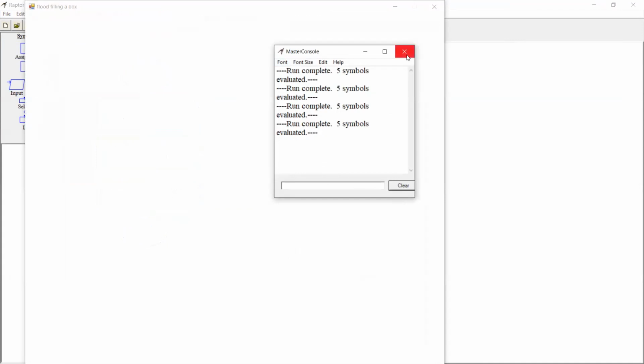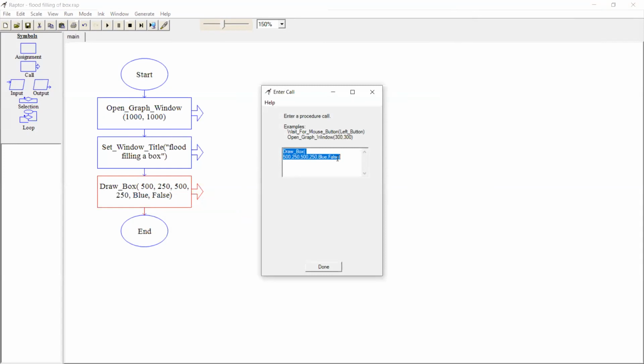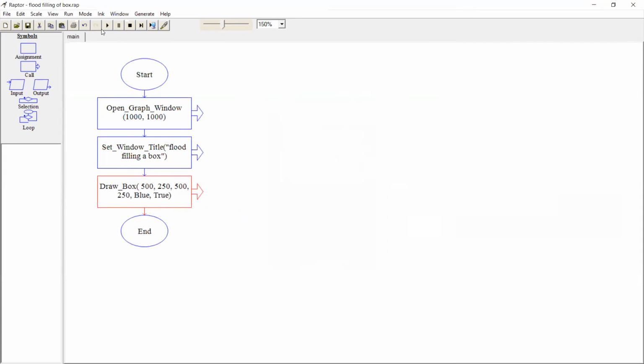Show the coordinates first. Go to the code and show the coordinates. 500. Anyway, it is between the graph window only. So if it is true, it is showing, right? I didn't try for true, sir. Once I'll try for true, sir. Let us see at what position it is exactly. So for some people it is working, for some it is not, including me. How to solve this problem? That's why I'm thinking about that.